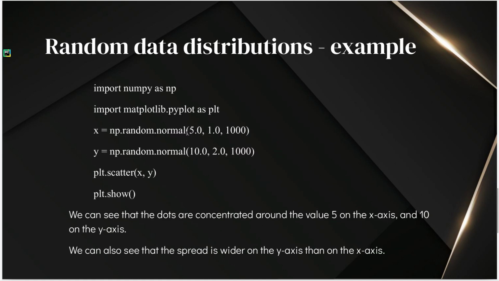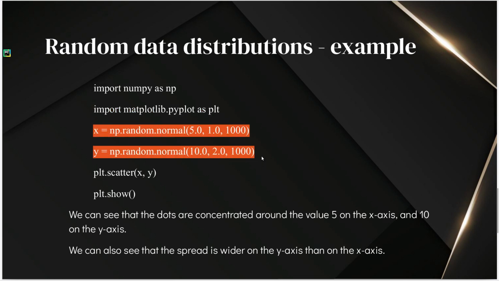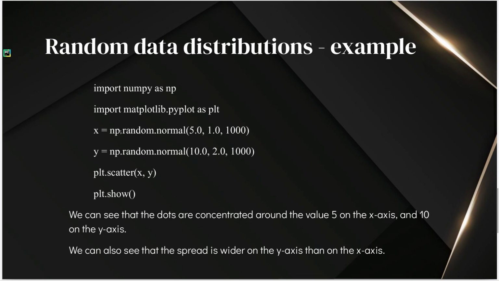So as you can see, we are doing that here. We import the libraries in the first two lines. Then in the next two lines, we create the two lists, x and y, with mean and standard deviation 5, 1 and 10, 2, as you can see. Then finally, you draw the scatter plot by passing in the names of these two lists, x and y here. And lastly, we call plt.show just so we can get the graphical output.